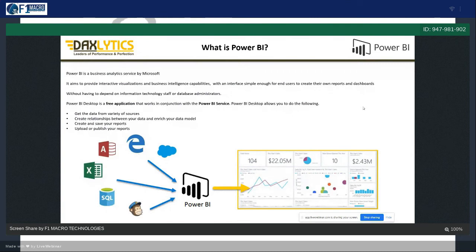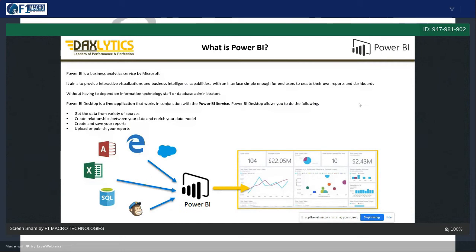So you need to wait for them, and when they share that data, you will then analyze it within maybe a day or a week, and then publish that report by maybe the 20th or the 10th of every month, right? But in Power BI, you can connect to multiple data sources without dependency on a database administrator and IT staff. When Power BI is connected to data sources, and the data is refreshed in the backend, you can automatically refresh that data in Power BI Desktop.